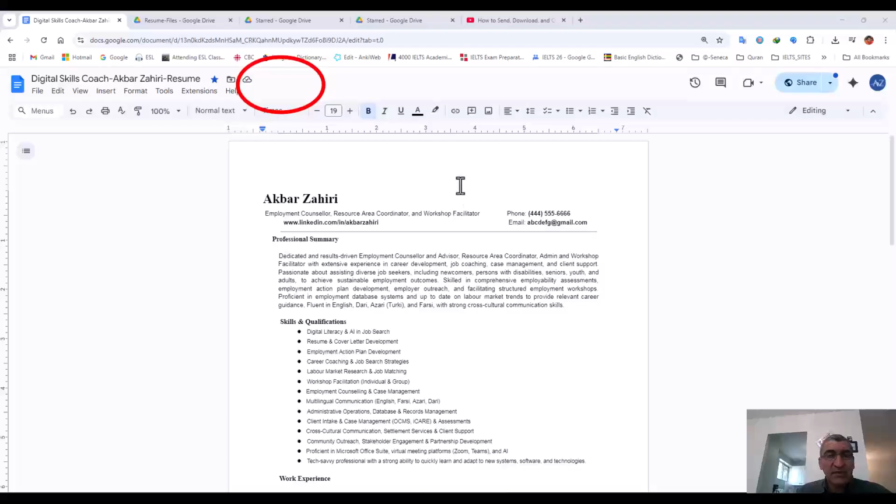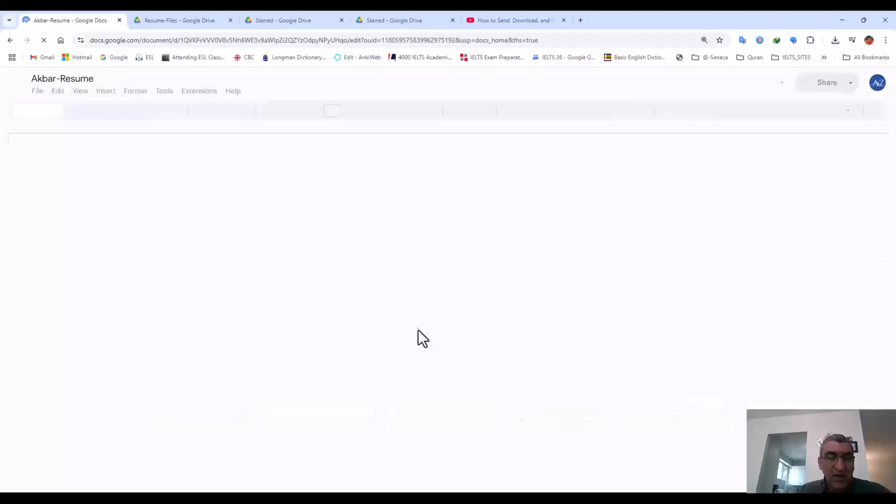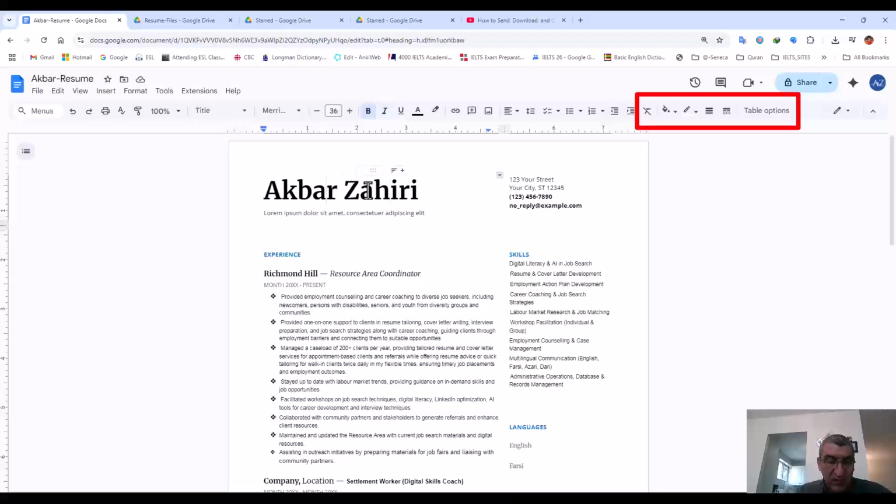And another last important item that I should mention, that you see there are no other extra icons here. But if I go to my docs and open, if you remember, I edited a resume here like this from templates. Okay, it was totally different in the last video, if you remember. If I open this one, this is the resume that I edited in my videos. But pay attention. You see, there are some other items added here, because in this file we have, for example, table. If I click here, it was a template.